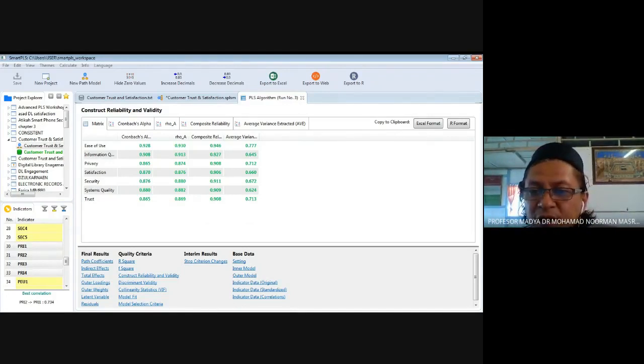Okay, just now ease of use. You just take these 2 values: composite reliability and average variance extracted. You take these 2 values, Control C. And then ease of use is this one. Then you copy, Control V. And then information quality, Control C. Oh, sorry. I didn't show the